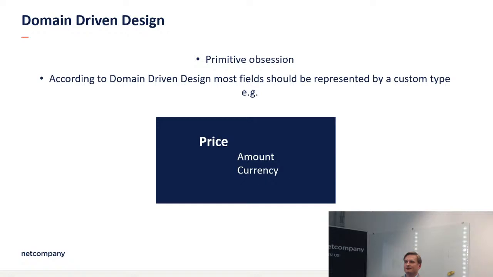Sometimes in domain-driven design, it's even considered good practice to have custom types for ID. Even if it's just a GUID, it should be product ID. It should be a separate class. And this is because if you have a method that, for example, connects a customer to an account, and you pass their IDs, you can, in theory, if you use the same type, mix them up. And if you use a special class for each of those types, that's just the ID for this type, that will never happen. But again, that's domain-driven design.